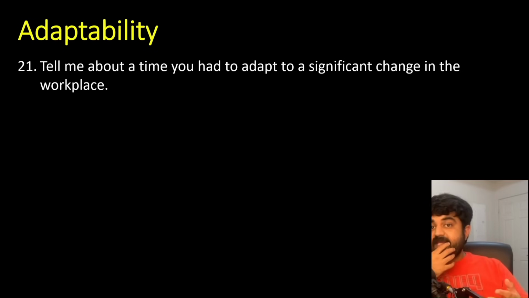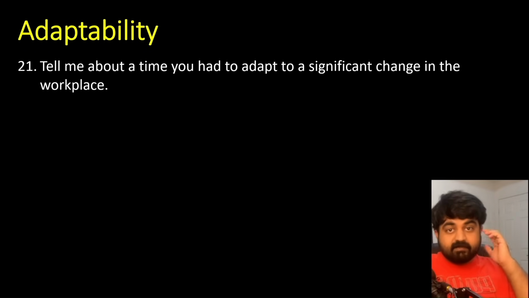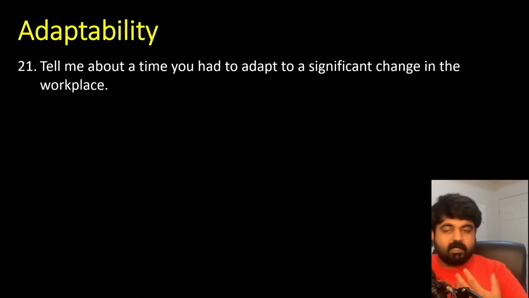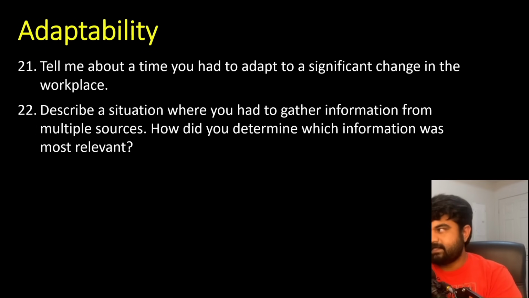And this is a big change. You are not used to it. Plus on top of it, you will have to deal with your existing workload. Plus you will have to deal with this new CI/CD pipeline that you will have to build. So how would you deal with it? How would you convince other team members to take part in this? So understand, this can be one of the examples, but feel free to create your own example.